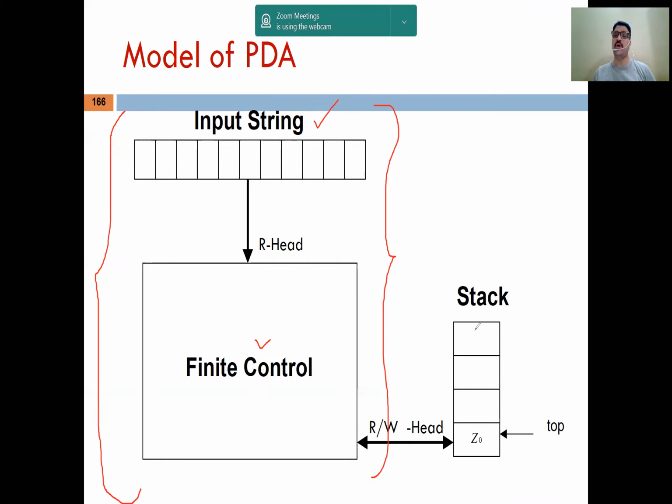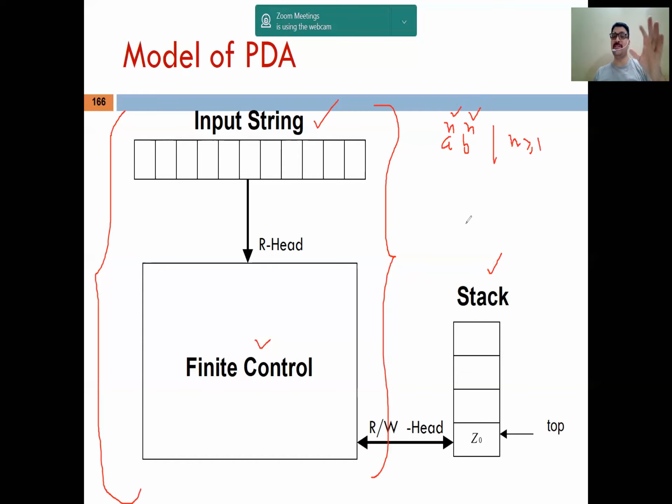The new thing, or the additional thing, is the stack. It means we can use a stack in case of PDA. Suppose we want to perform a comparison, then it is not possible in case of DFA. With the help of the stack, we can perform the comparison. Suppose you want to compare A to the power n and B to the power n, where n is greater than or equal to 1. The meaning is, the number of A must be equal to the number of B. So how can we perform such a comparison? This type of comparison can be performed with the help of the stack.